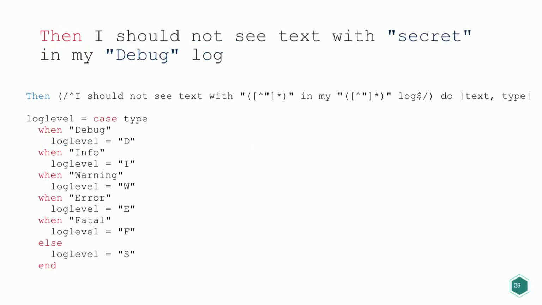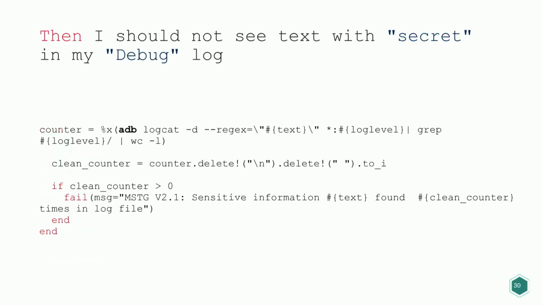And the last statement is the statement that is going to check that no sensitive information is written in the log file. In this case, the function just gets as input the debug level that we want to use of the logs. And in the second part, it's going to use, again, the Android Debug Bridge, so ADB logcat, to check that sensitive information is not in the log files. We're also going to use grep to count how many instances of the sensitive information are logged, and if there is more than one, then the test fails.